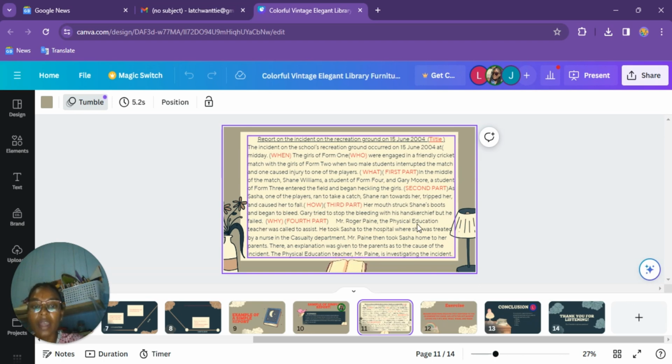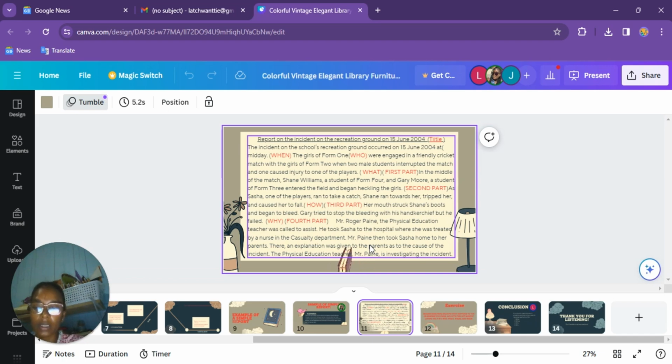Mr. Roger, the physical education teacher, was called to assist. He took Sasha to the hospital, where she was treated by a nurse at the casualty department. Mr. Roger then took Sasha home to her parents, where he gave the details of what happened and the cause of the injury. He also informed her parents, and here you could also give your recommendation at the end. He told her parents that he will be investigating the incident more, and